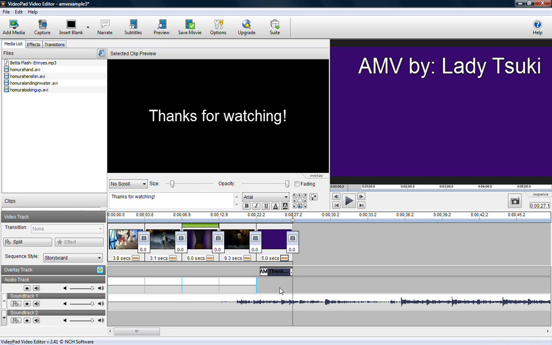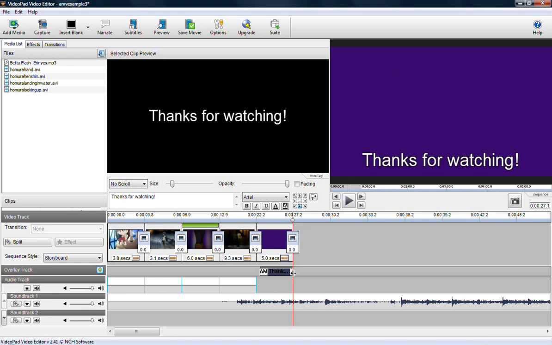If you want your text to end at the same time, however, just drag the ending point to the exact same spot. Make sure that your overlay text does not go over your clip. As in, don't make it last longer than your clip. It should be perfectly synced, just like the audio.